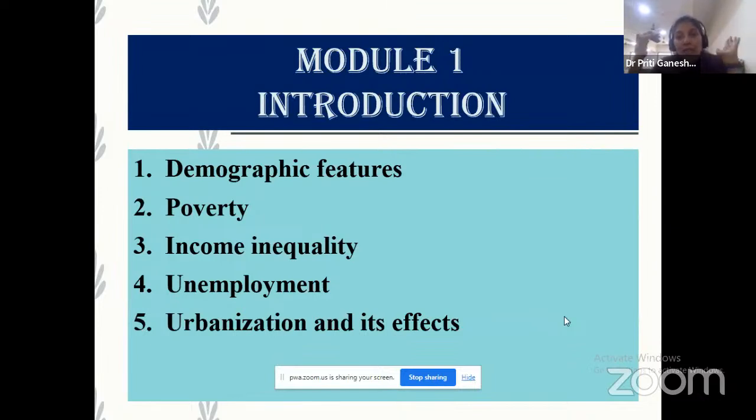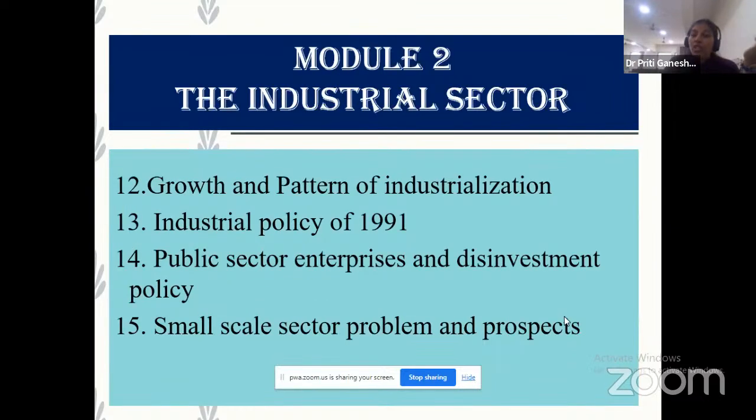AB will come from the introduction. Then question number 3 comes from the industrial sector. इसमें से AB part and CD all 4. तो ये चारों chapters आप cover करोगे, then you will be able to write AB or CD. It is up to you what you want to attempt, either आप AB करो or you can go for the CD. It is 7-8 marks का ये आपका paper pattern रहेगा.